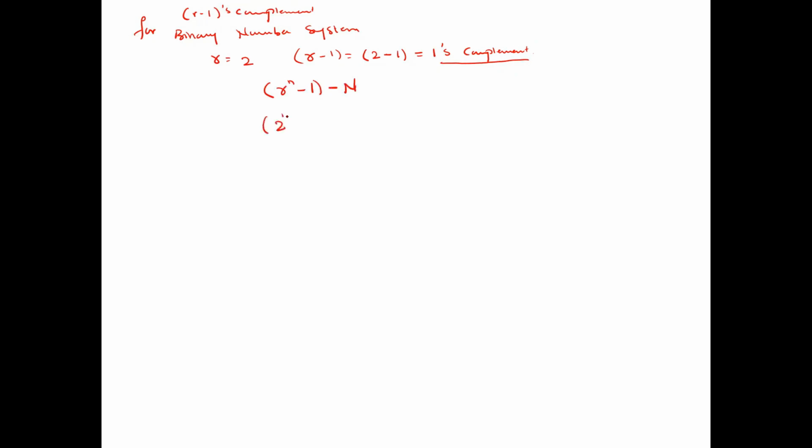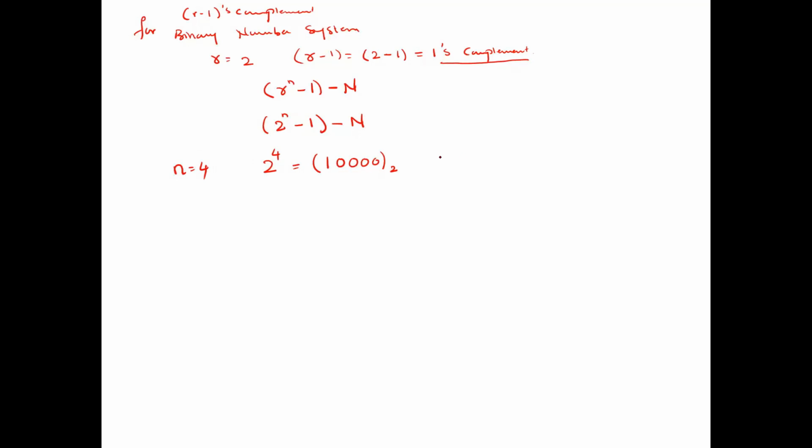Now 2 raised to n minus 1 minus n. Take any example in the binary number system. Say for example n is equal to 4. Now, if I take n equal to 4, what is 2 raised to 4 equal to? 2 raised to 4 is 16, right? Now write 16 in binary: 1 0 0 0 0. Again, we are getting the same thing. Any number 2 raised to n is represented by a binary number that consists of a single one followed by n zeros,